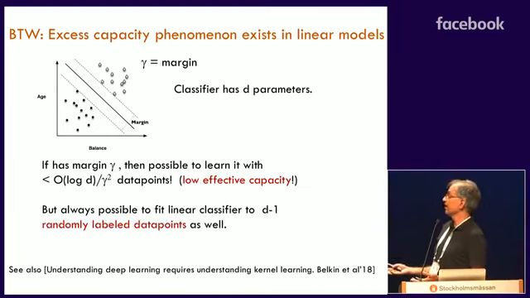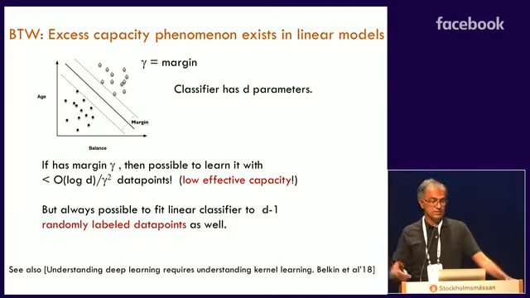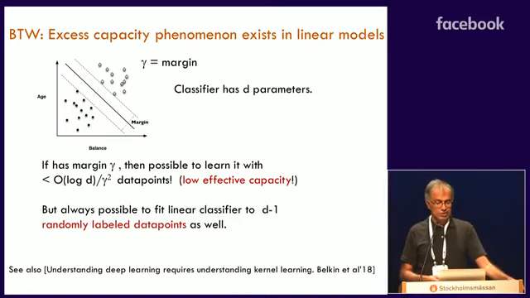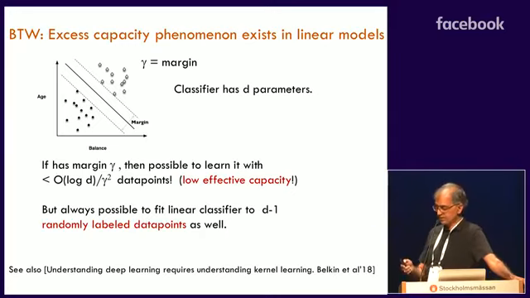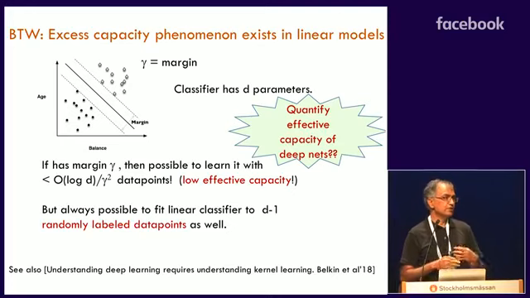But of course, as a linear classifier, you give me d minus 1 randomly labeled data points, and I can still fit a linear classifier there in d dimensions. That's just because the dimension is so high. So it's the same phenomenon that's known for linear models. That's why there was this paper, which has some deeper observations: Understanding deep learning requires understanding kernel learning. It was just a tongue-in-cheek title, I believe. So, all right, the true question raised by that experiment is not that you need to rethink generalization theory, but how do you quantify the capacity of deep nets? Okay, this was really the true message.